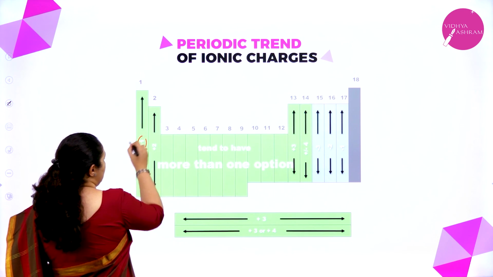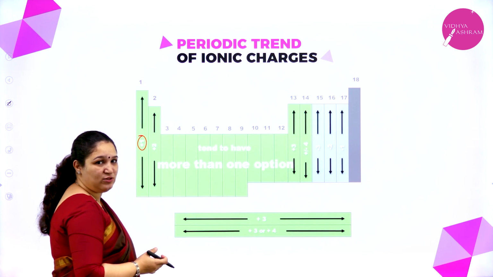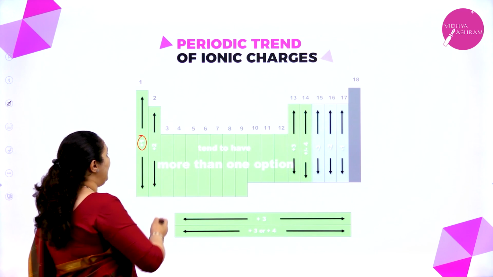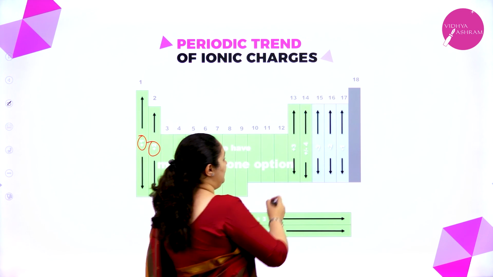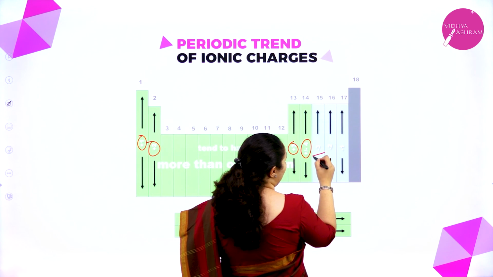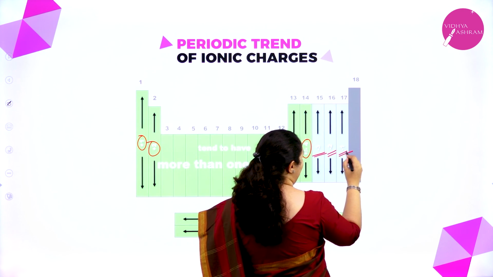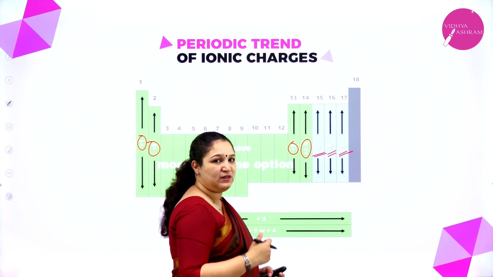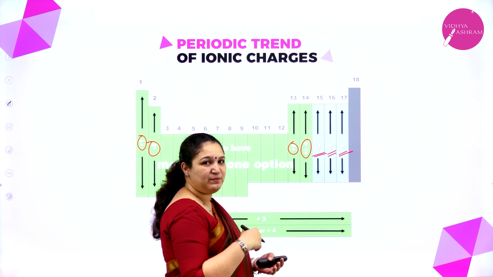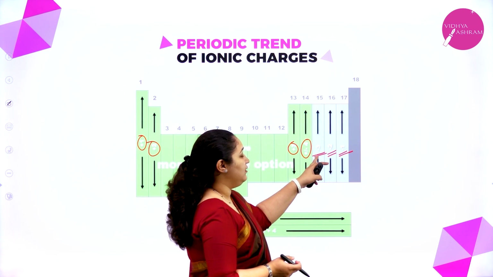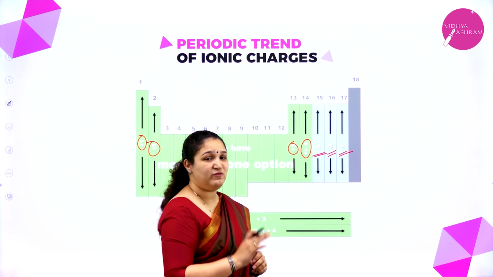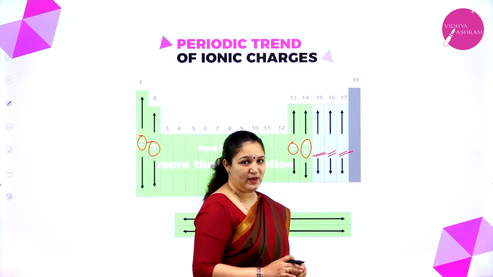Next is, what is the trend which you can see here in the periodic table. Group 1 elements have the oxidation number +1, that is, they like to give 1 electron. If they give 1 electron, they will get the noble gas configuration, that is the reason. Here they like to give 2 electrons. Here they can give 3 electrons. Here they can give or take 4 electrons. Here again -3, here -2, -1. Why -3? They can accept 3 electrons. See, it is better than giving 5 electrons. It is easier to accept 3 electrons and get an octet. So it is -3, -2 and -1. These are the common oxidation states which the elements of that particular group can show.